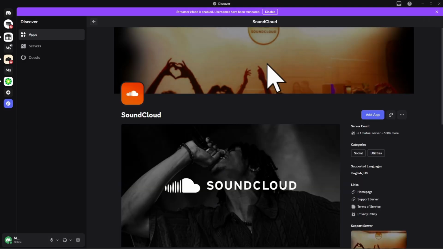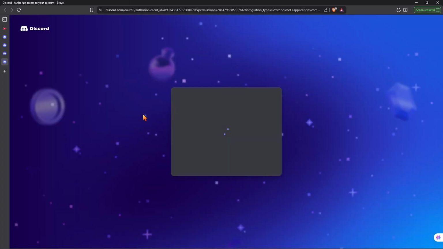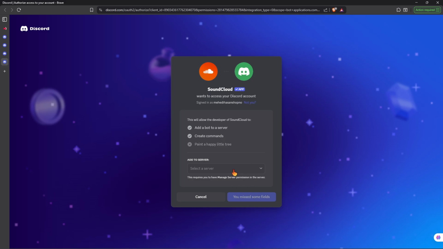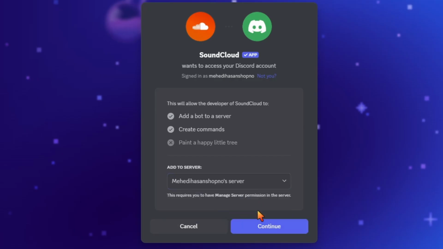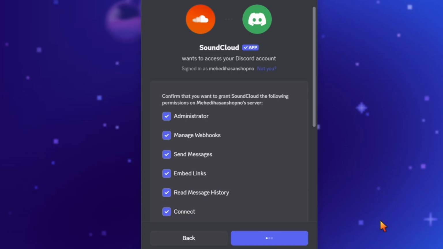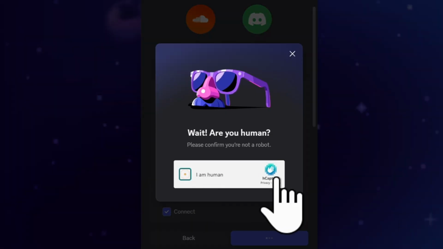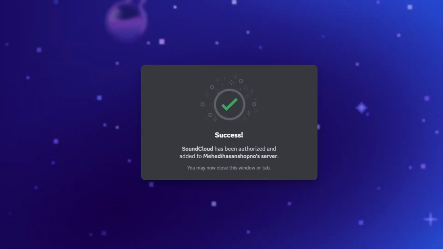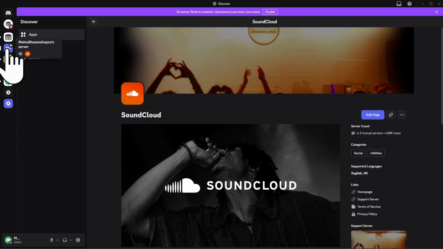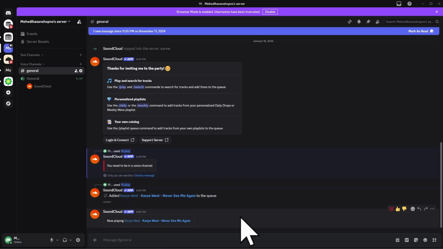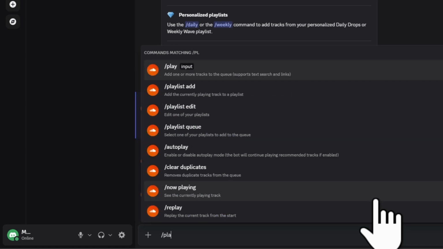So if you click on that, and then click on Add App, it's going to redirect you to the web browser. And from here, you have to select your server and click continue. Click authorize. The add is successful. And now if you just simply go to your server and type /play